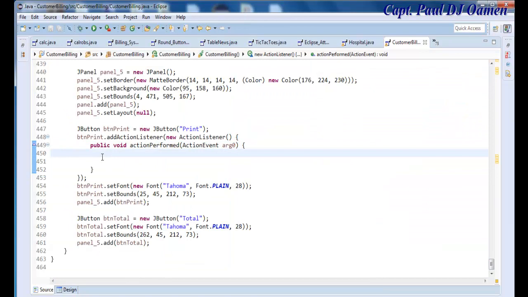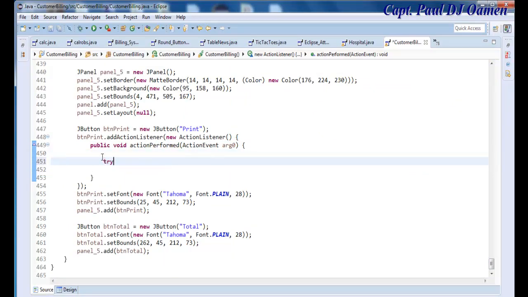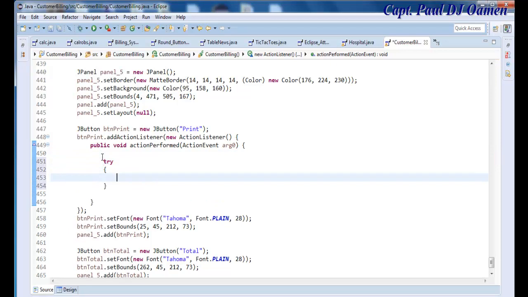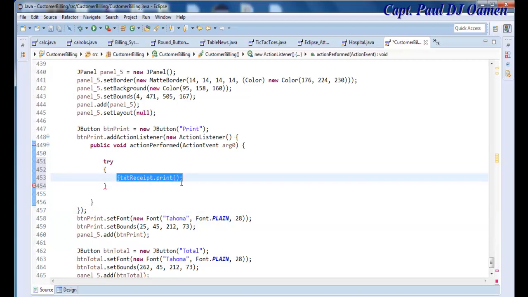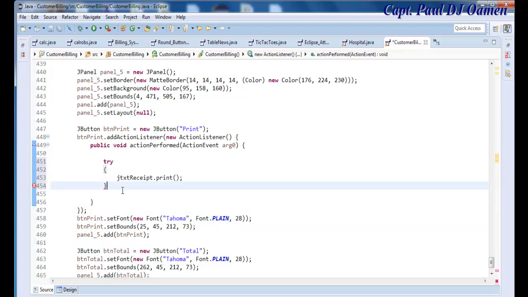Right in here, the first thing I want to do is use try catch. The try catch is in case there's any error. So I'm going to say txt receipt, and that is the name of my object, dot print, and let's enter parentheses there. If I write this alone, the system should print, but just in case there's any error,